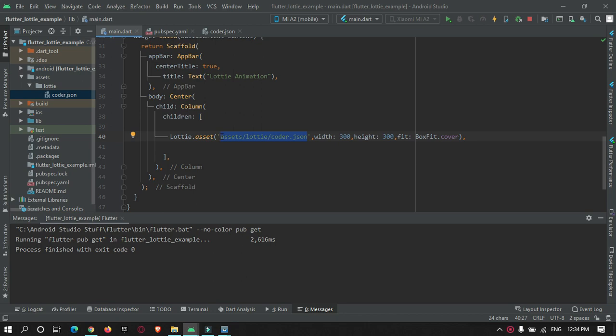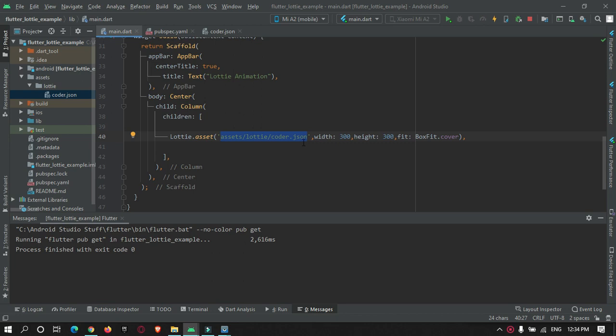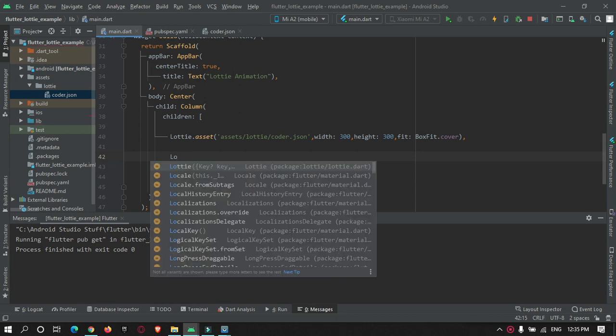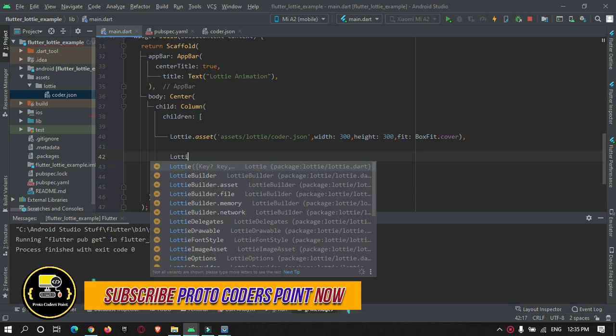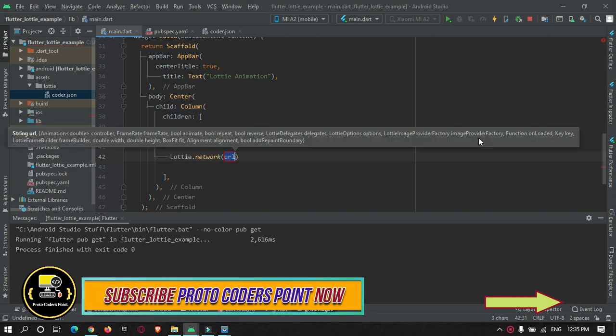In case you don't want to add this file to your project, you can directly make use of the network. You can get the JSON file from the network. For that you can make use of Lottie.network and the URL.